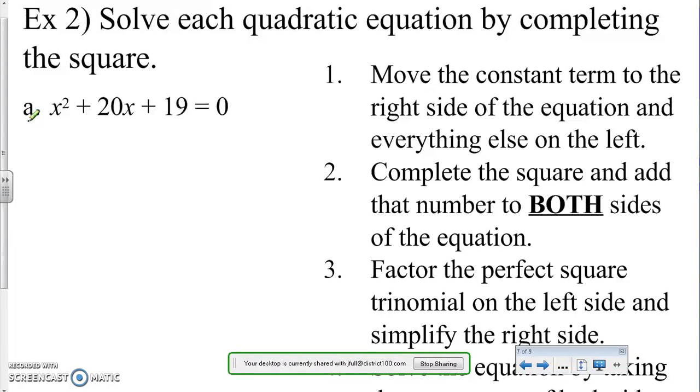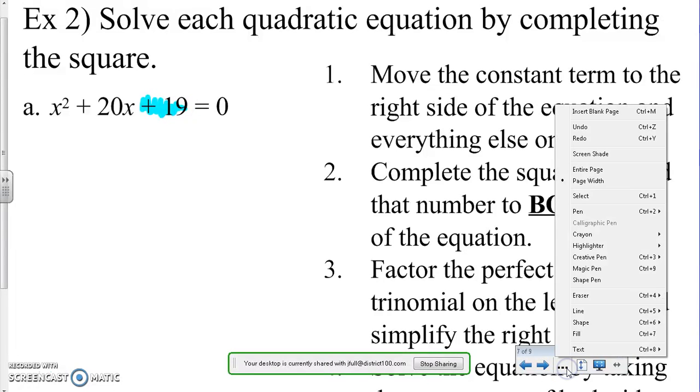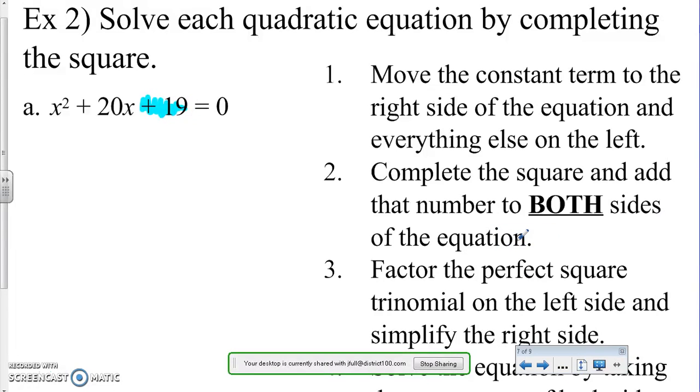Okay, so we have x squared plus 20x plus 19. First step is to take this constant term, the 19, and move it to the other side. Let's change back to a pen. Okay, so we're going to move this part over to the other side. So I'm going to do minus 19 on both sides. Okay, for the second step,